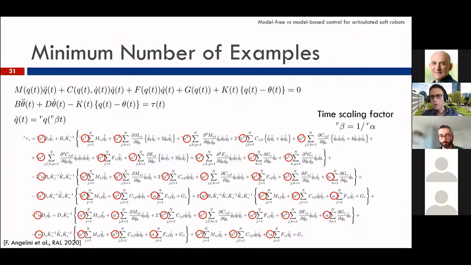But once you start assuming some under-actuation, the models become almost equivalent to a continuum soft robot, at least under some assumptions and under some under-actuation pattern. So you are validating on experiments with an articulated soft robot, but many of the techniques that we saw today have great potential to be applied to the continuum case.